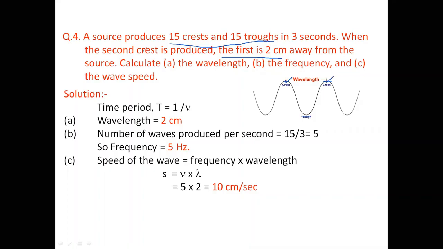We have to calculate the wavelength, the frequency and the wave speed. So the solution here is time period is equal to, we know that, 1 by frequency, wavelength is equal to